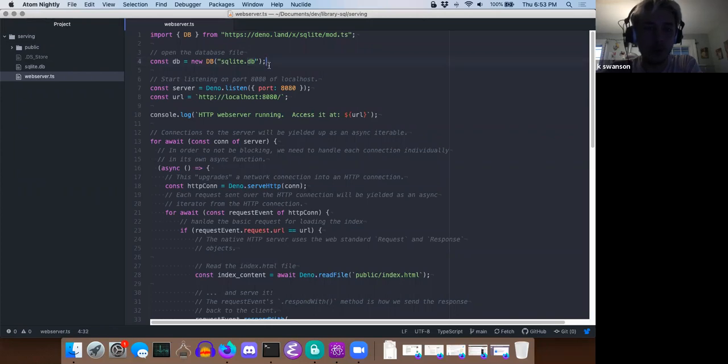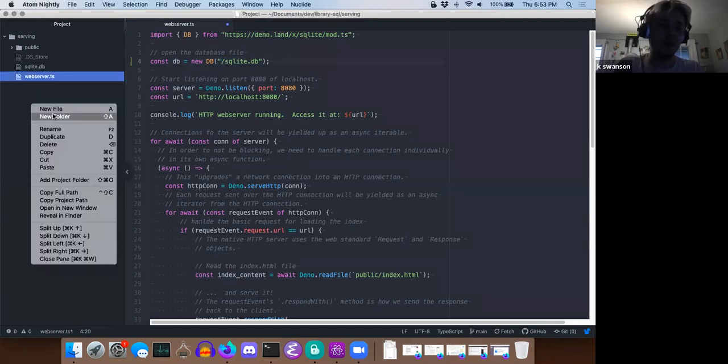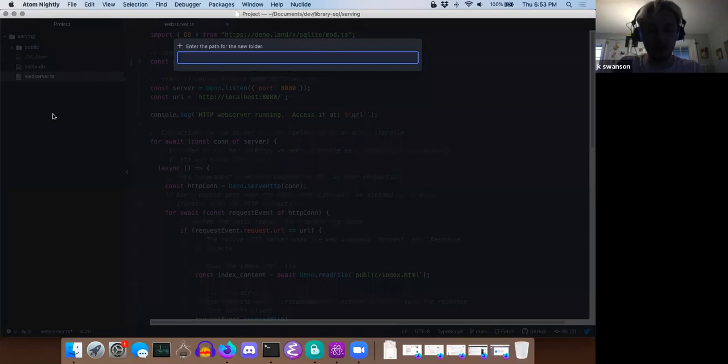So if you were to get an error with this, like maybe it says it can't find your file, just make sure the file is next to the web server.ts file. Or if you want to put it somewhere else, what you need to do is navigate to it, so to speak. So like if I were to make a new folder here, call it like,